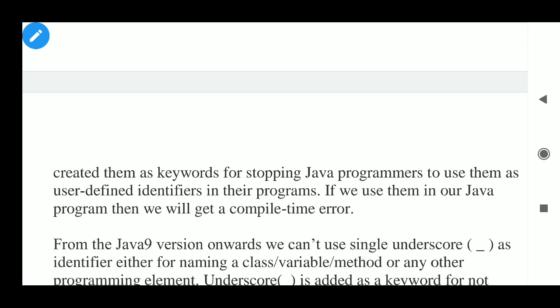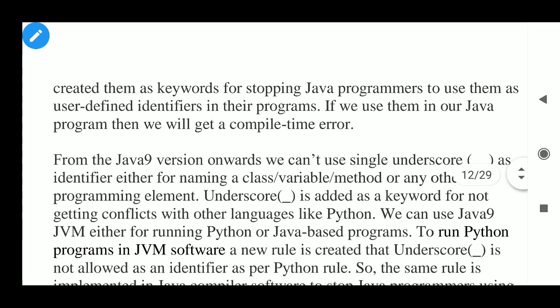From Java 9 onwards, we can't use a single underscore as an identifier for naming a class, variable, method, or any other programming element. Underscore is added as a keyword to avoid conflict with other languages like Python.